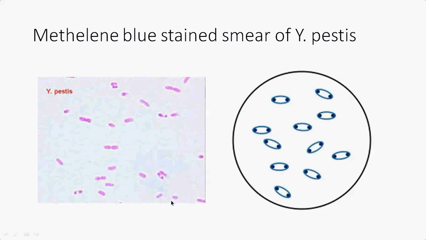If you can see these bacilli, these coccobacillary forms, the polar ends are showing a stain, where the central part does not take the stain and is unstained. So it typically looks like a safety pin appearance. Okay, so this is the safety pin appearance of Yersinia pestis on methylene blue staining. So here is the diagrammatic view. You have to draw this diagram in your journals.